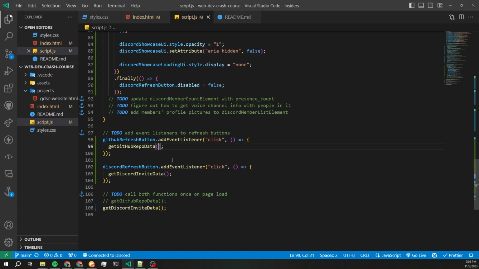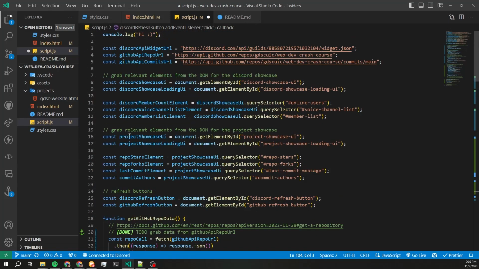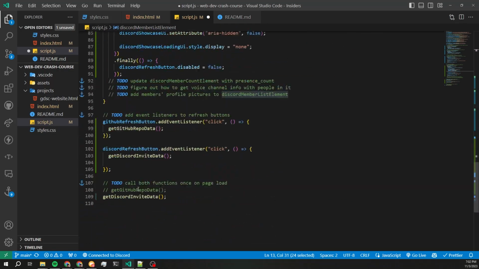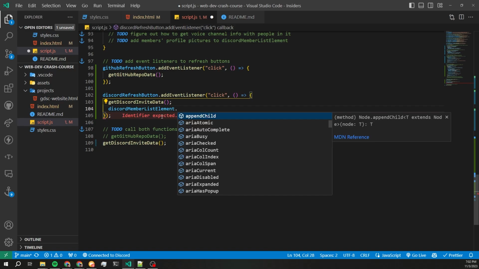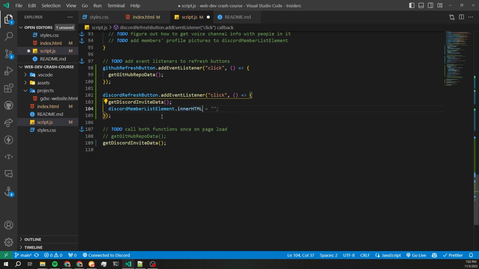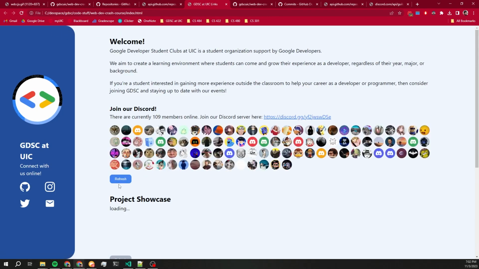Yes. And we'll talk about this innerHTML thing later. But if I grab my members list element, this HTML node has an innerHTML property, and I'm just going to set it to empty, nothing, this empty string. And now if I refresh,